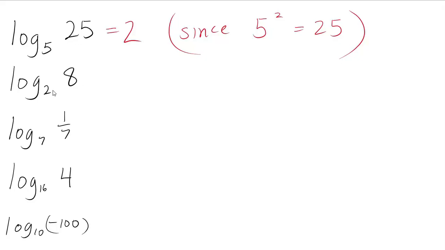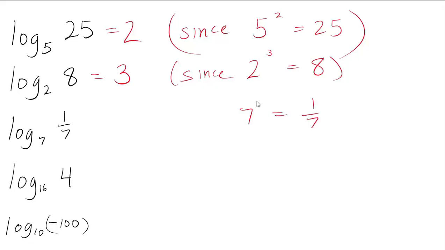Use that same idea to try to find log base 2 of 8. Log base 2 of 8 is asking what exponent do you have to put on 2 in order to get 8. Well, we know that 2 cubed is 8, so log base 2 of 8 must be 3, and the reasoning is that 2 to the third is 8. Log base 7 of 1/7. This is just asking what exponent do you have to put on 7 in order to get 1/7, and we know that -1 is the reciprocating exponent. Since -1 is the exponent we have to put on 7 in order to get 1/7,